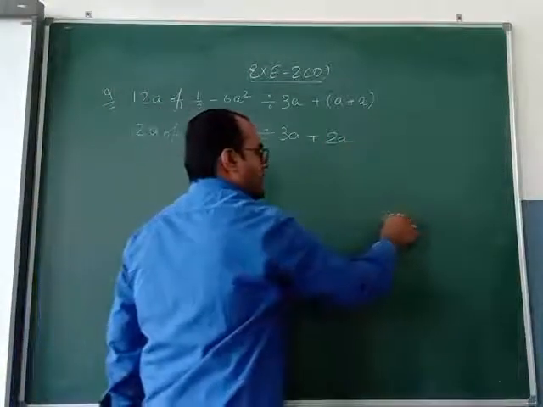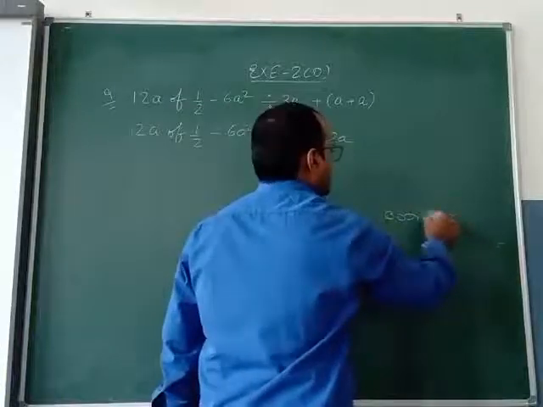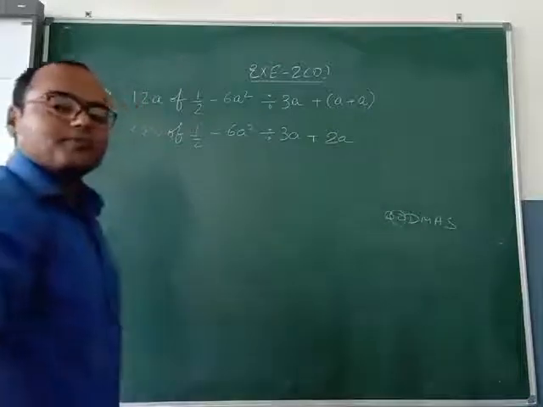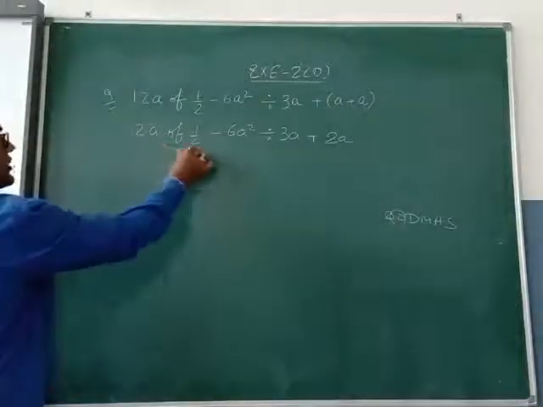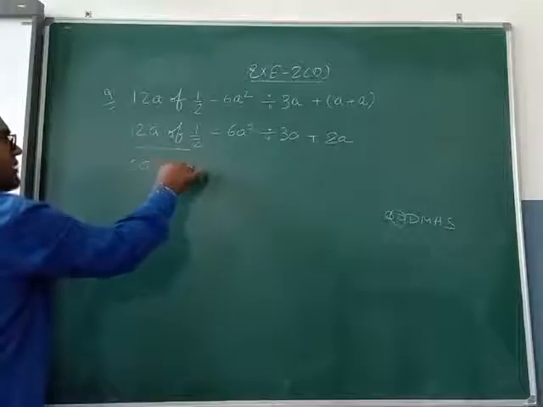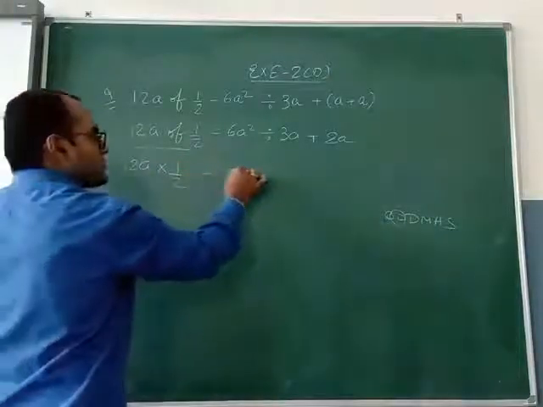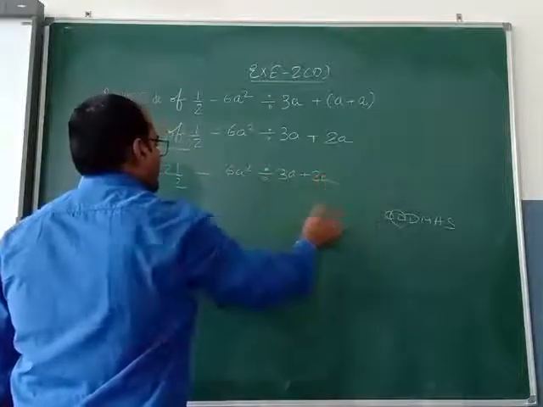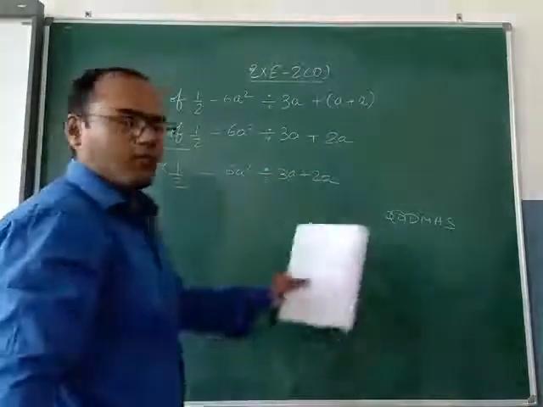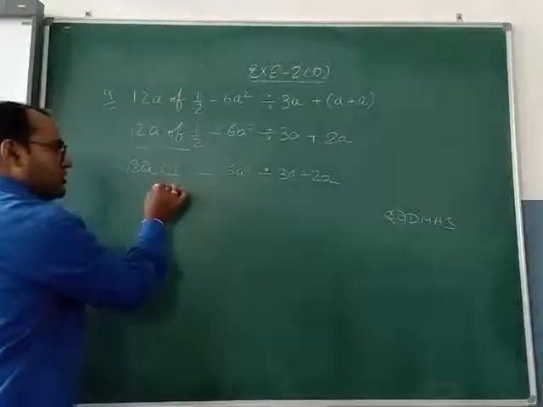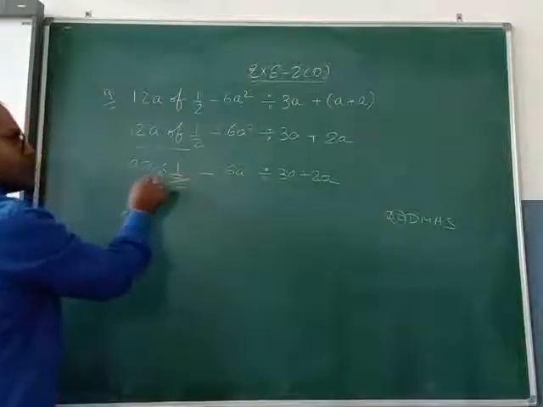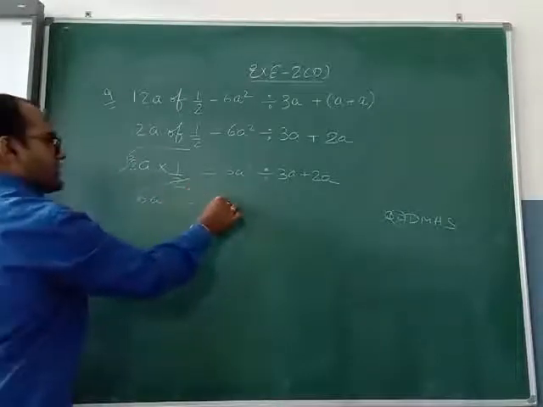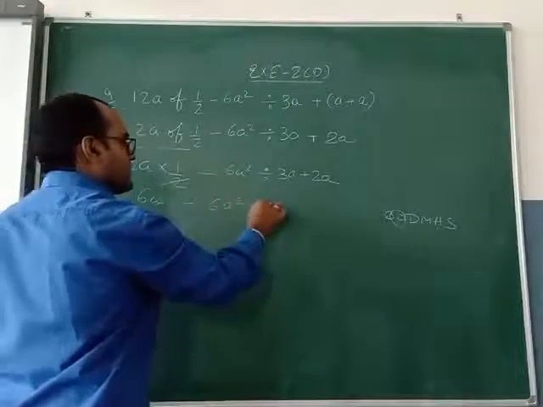Now after that no bracket is coming here. So after bracket we have to solve of. Of means multiply. So these two terms we have to multiply. 12a multiply 1 upon 2. Rest of the things we will write as it is. First of all we have to solve of. Of means multiply. So solve this multiply first. 2 6 12. 6 into a is 6a minus, all the work as it is we have to write.